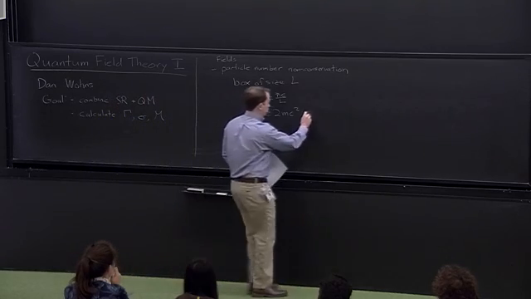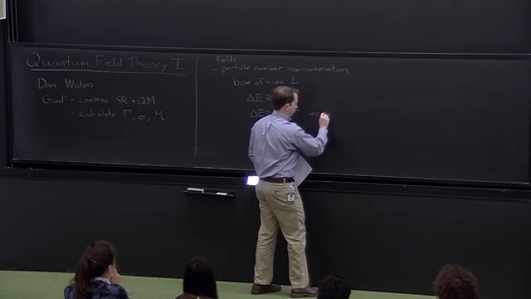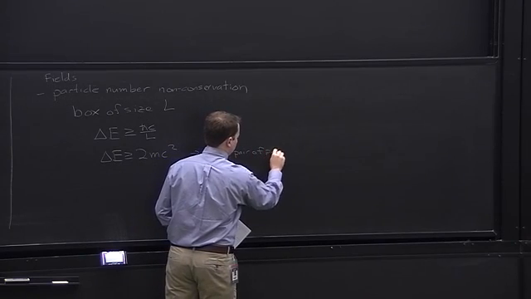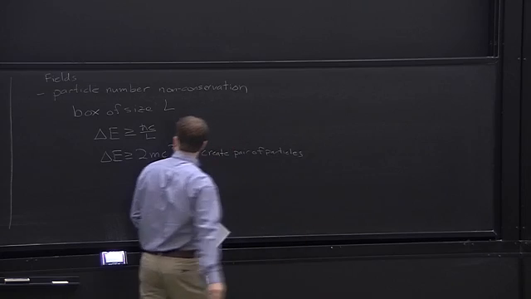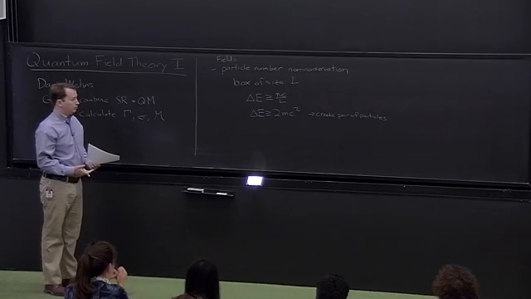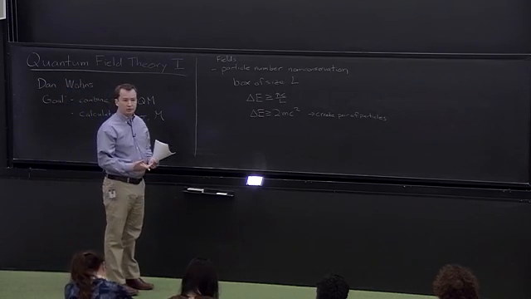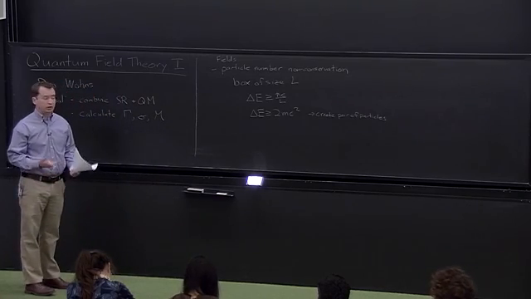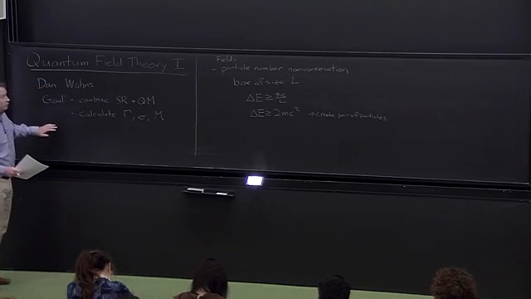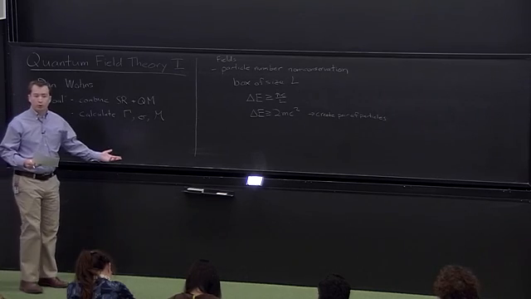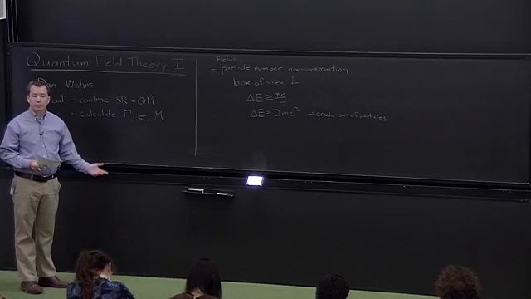So we can create a pair of particles. So any attempt to make, say, the Schrodinger equation for a single particle relativistic is doomed to failure unless you can somehow incorporate particle creation and annihilation. That particle number non-conservation is very easy to incorporate if, on the other hand, we start with a classical field,